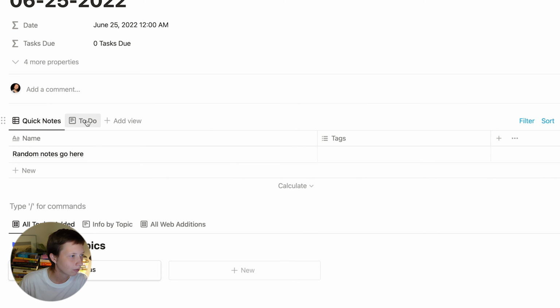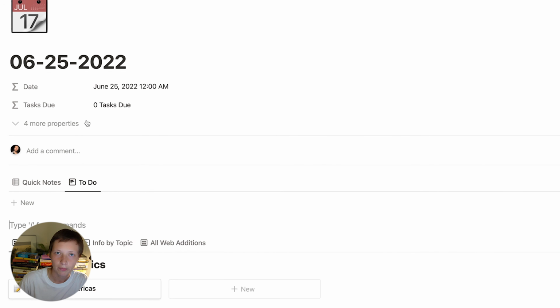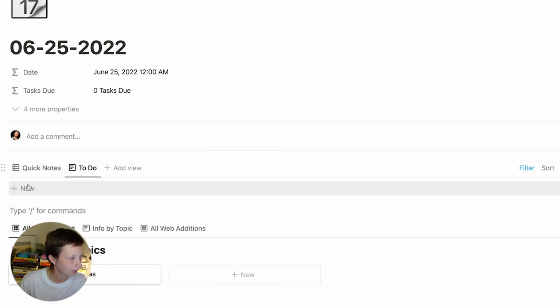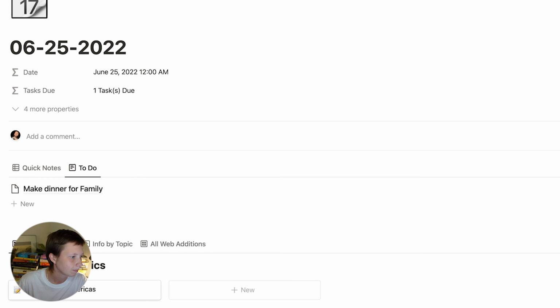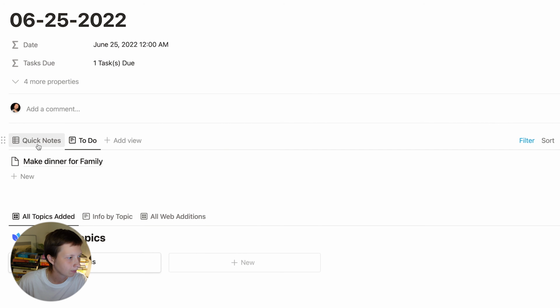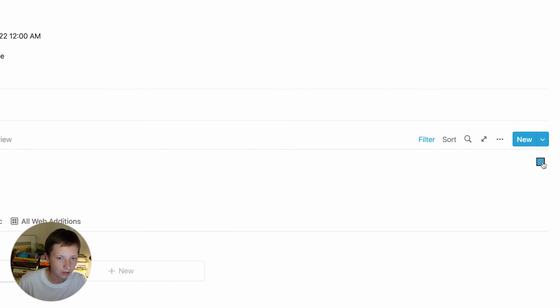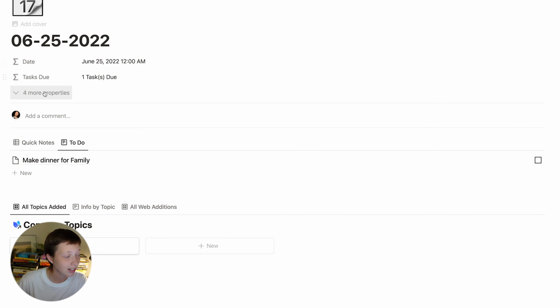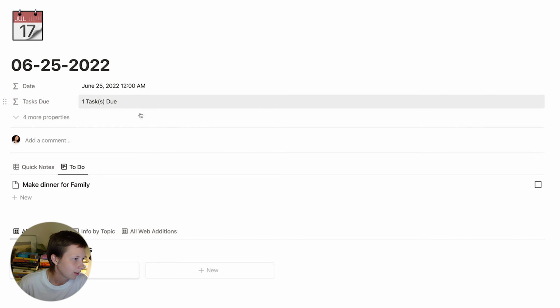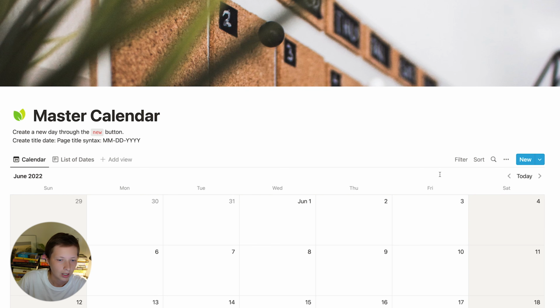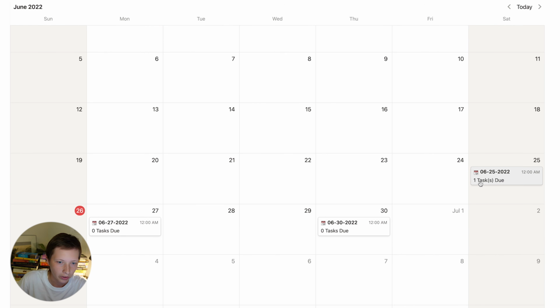Now next to quick notes, we have to-do. That's where the minimal task management comes into play. So I can add a new to-do due for June 25th and say, make dinner for family. If I click back to this day, I have that to-do and a little checkbox once I'm done. You'll notice tasks due has populated to say 1 task due. And if I go back to the calendar, I will also see 1 task due within the calendar window,